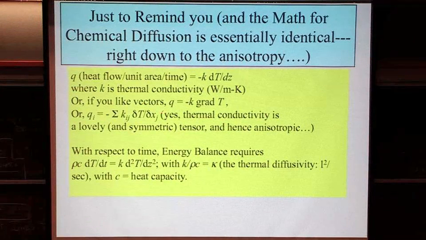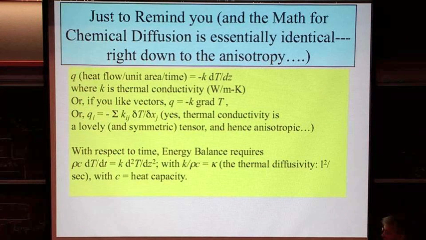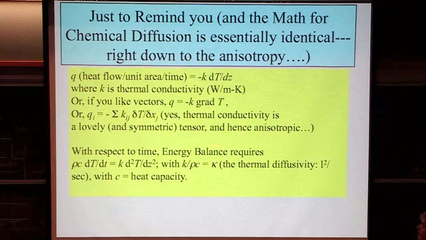That's fine. But actually, the correct way to describe it, as it turns out, is actually as a tensor. And effectively, what that means is you have to describe thermal conductivity as a 3x3 matrix. You have to do the same with chemical diffusivity as well, because you have different rates of thermal conductivity in one direction versus another direction versus another direction. So it actually is an anisotropic property. And of course, the classic thing is that if you take it with respect to time, you can do a little energy balance and write an equation that relates the time dependence to the depth dependence.